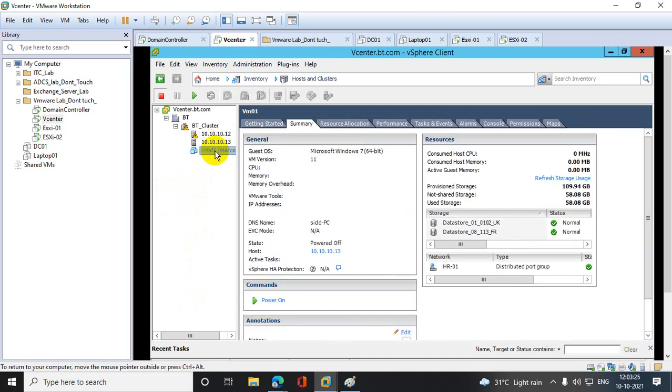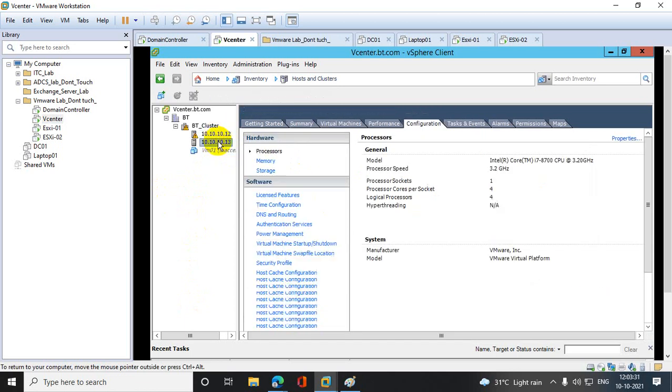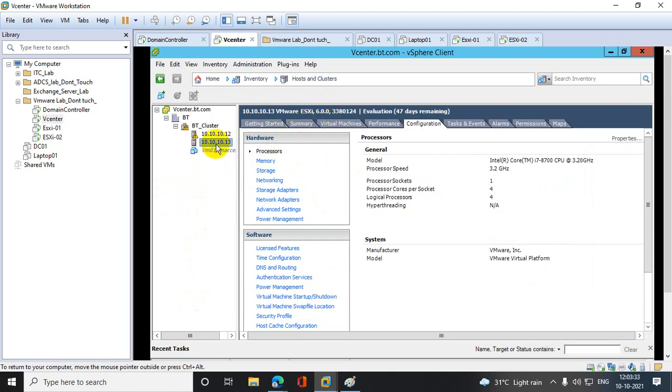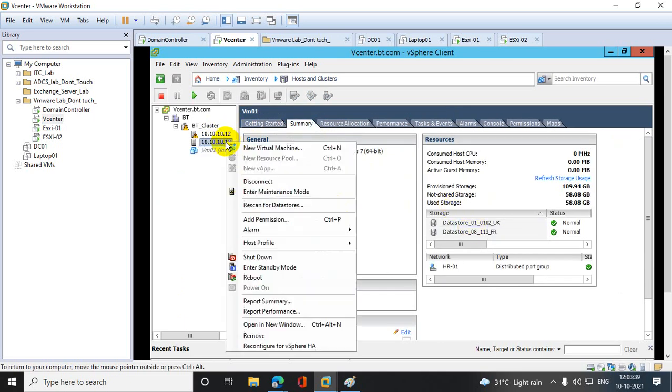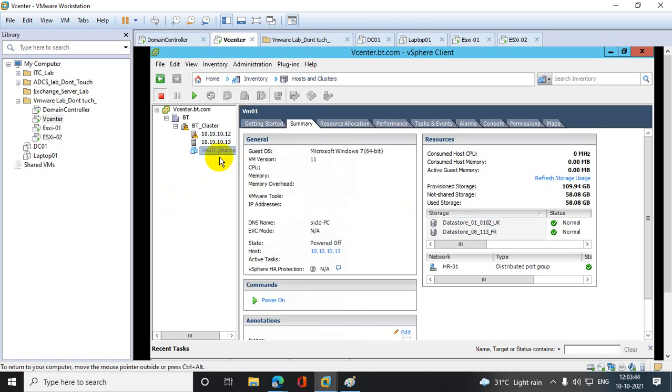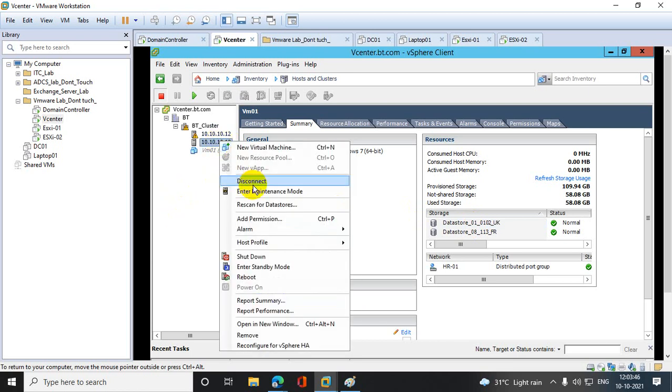Why is that VM inaccessible again? Oh, so again some problem. This is a very common problem actually.